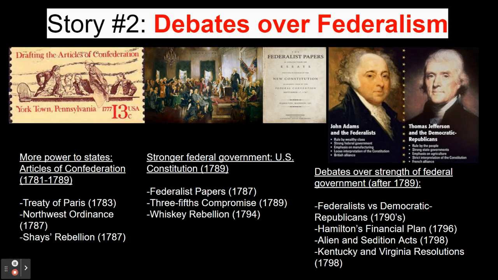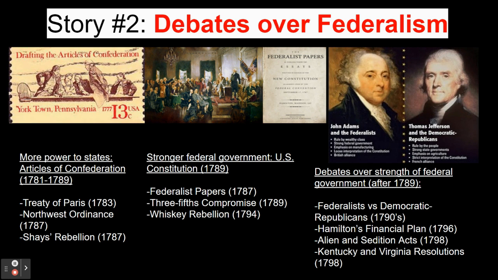So the obvious weaknesses in the Articles of Confederation lead to calls for them to be amended. And the result was the Constitutional Convention, whose delegates decide to throw out the old government completely in favor of a new system that would give the federal government more power. Through a system of compromises, such as the Great Compromise, the Constitutional Convention helped produce the government that we have today, and one that was much more powerful than what came before it. The proposed government now contained an executive branch, a judiciary, as well as the power to tax and maintain an army. However, it is important to note that not all compromises were good.